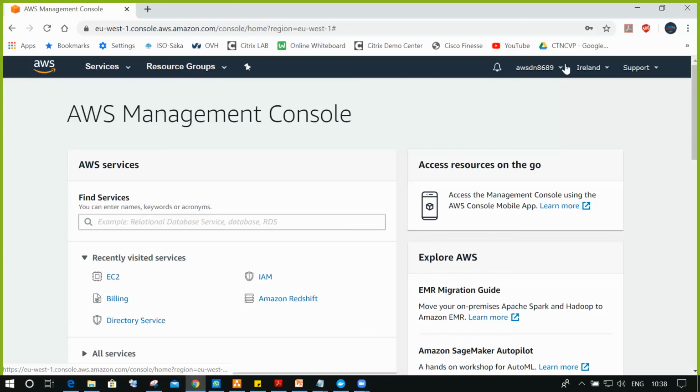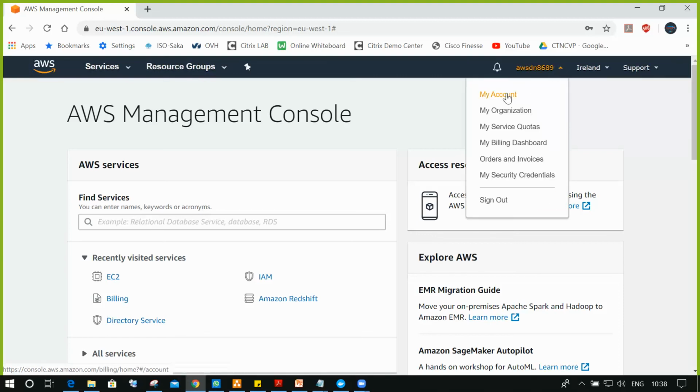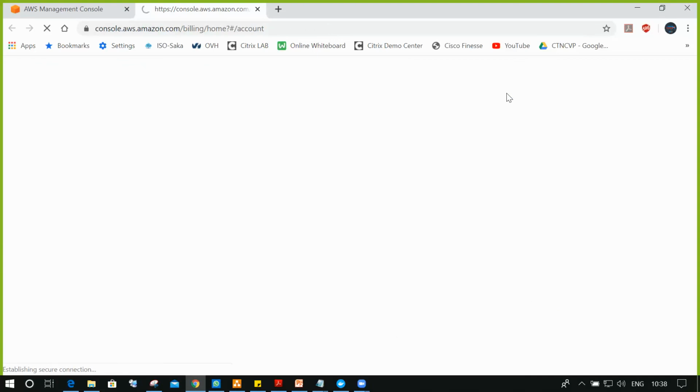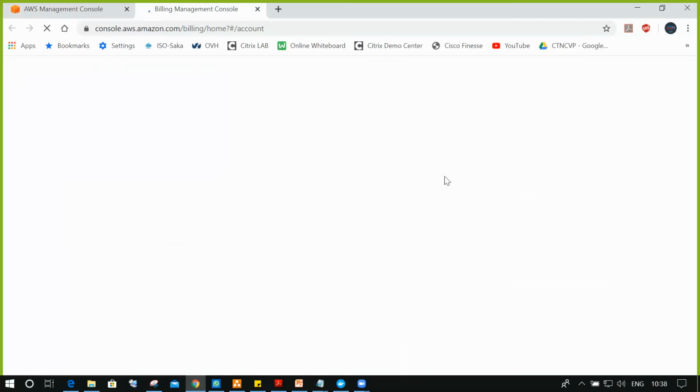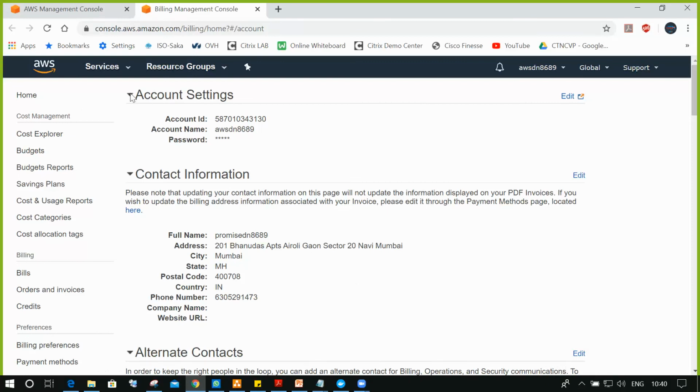You can open your account details. See here, this is your account details.